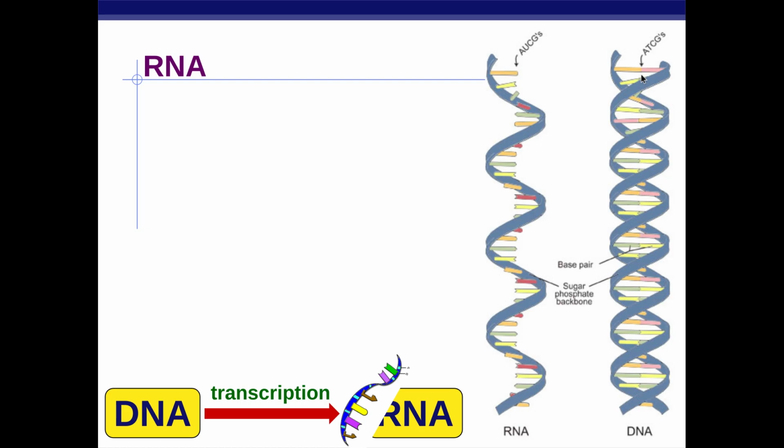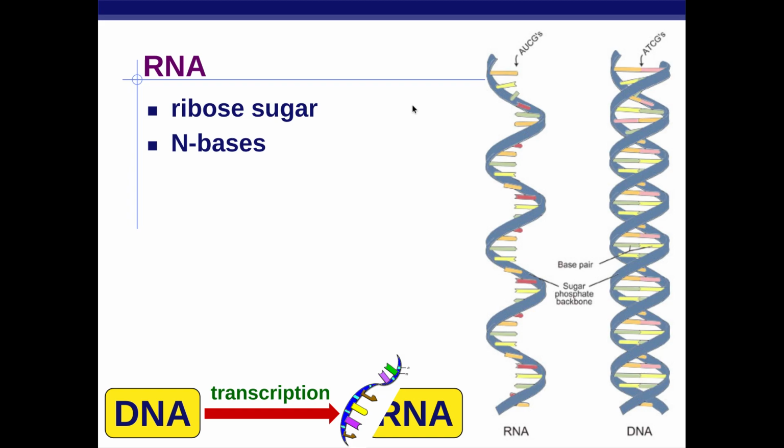So if you have a sequence of A's and T's, it's easier to rip them apart because there are fewer hydrogen bonds than if you have a sequence of G's and C's, because they have more hydrogen bonds. RNA, on the other hand, is